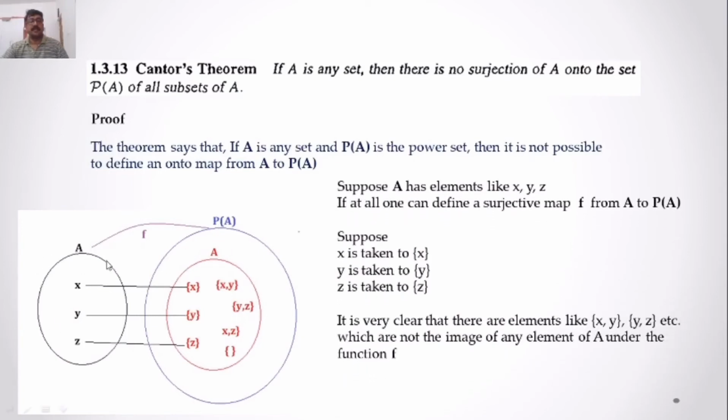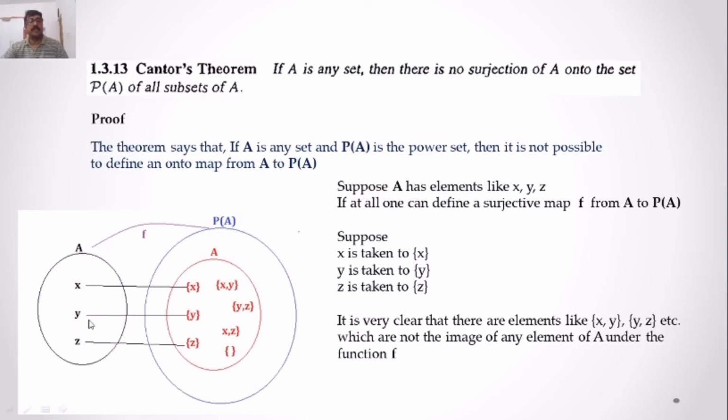This is A. Suppose A has elements x, y, z, and P(A) is its power set. We are illustrating with an example like this. A is a subset of A, therefore A is an element of P(A). And other elements of P(A) are set {x}, set {y}, set {z}, set {x, y}, set {y, z}, {x, z} like this. If you define a map, a function f from A to P(A), of course,